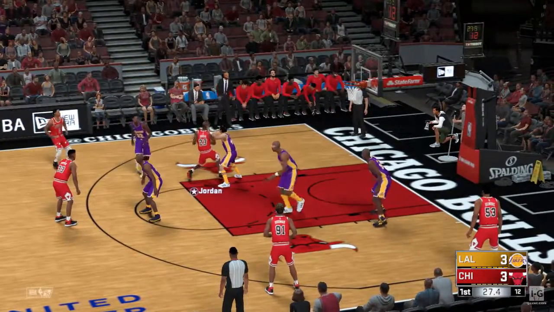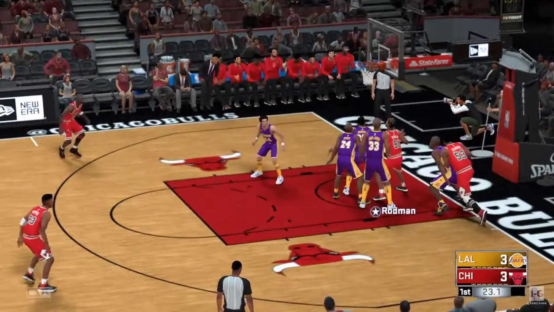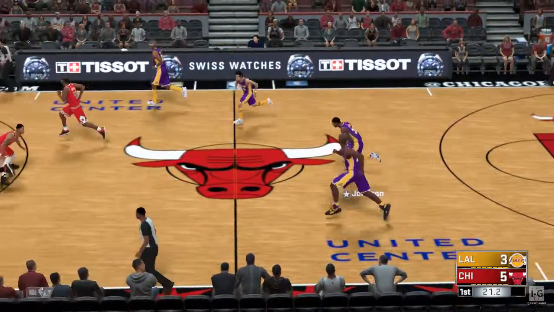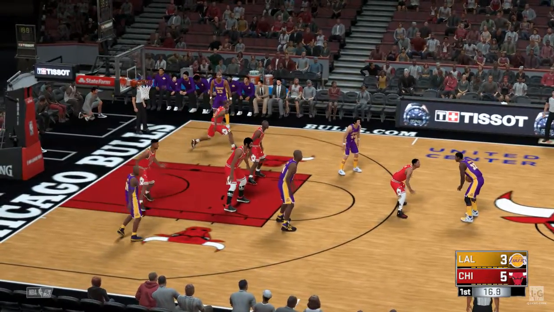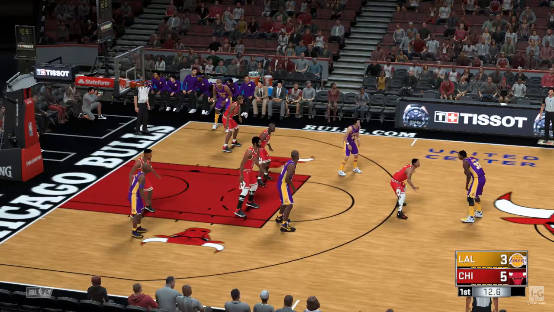Pippen kicks to Jordan. Over West. The putback, he hangs in there and cashes in on the second chance points. Rodman's got his first 2 points. Oh, how about the deft touch right there, guys? He just guided that ball back up and in. Just a fingertip touch on the ball.